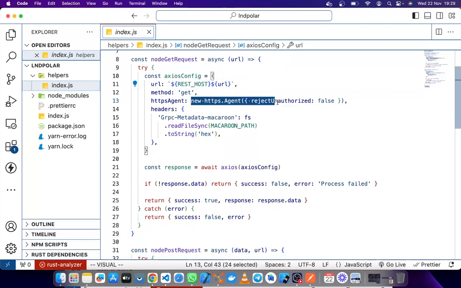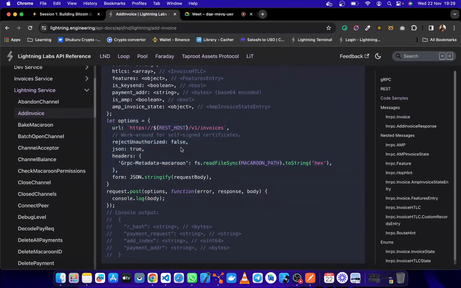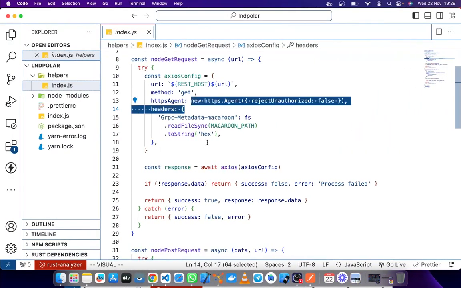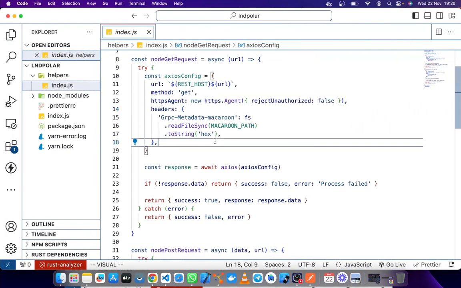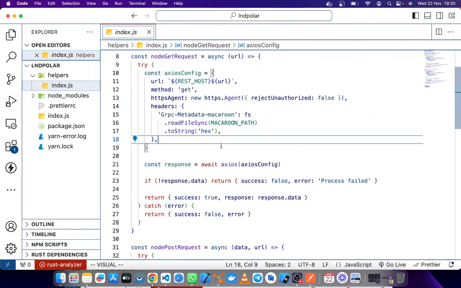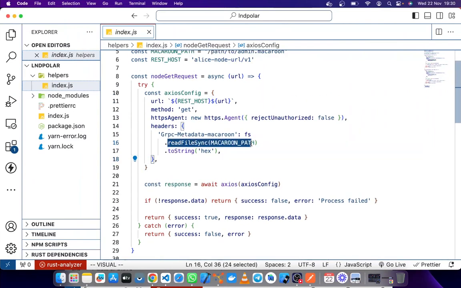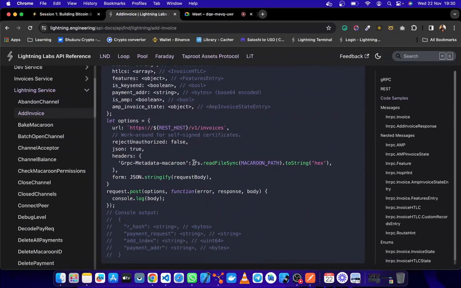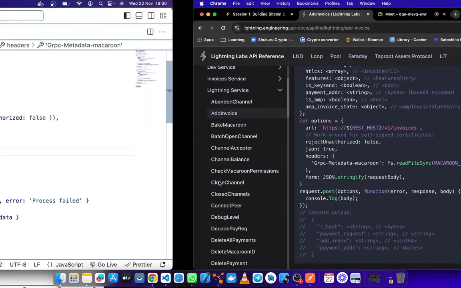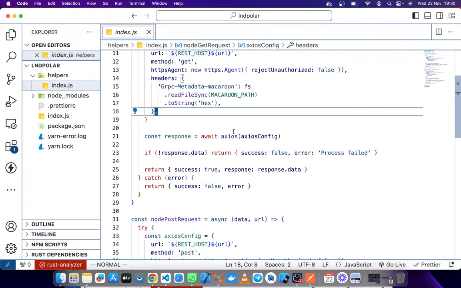And then we have this HTTPS, which is this function here, where we reject unauthorized confirmations, that is back to LND. And then here we pass in the macaroon path. Basically it's just this one pasted here, and then we give it to the Axios config and make some validations, then we return the required data.